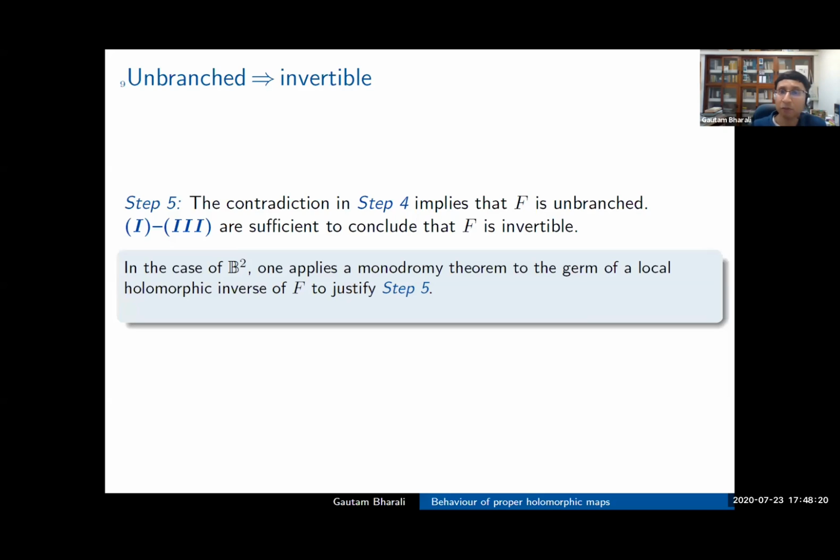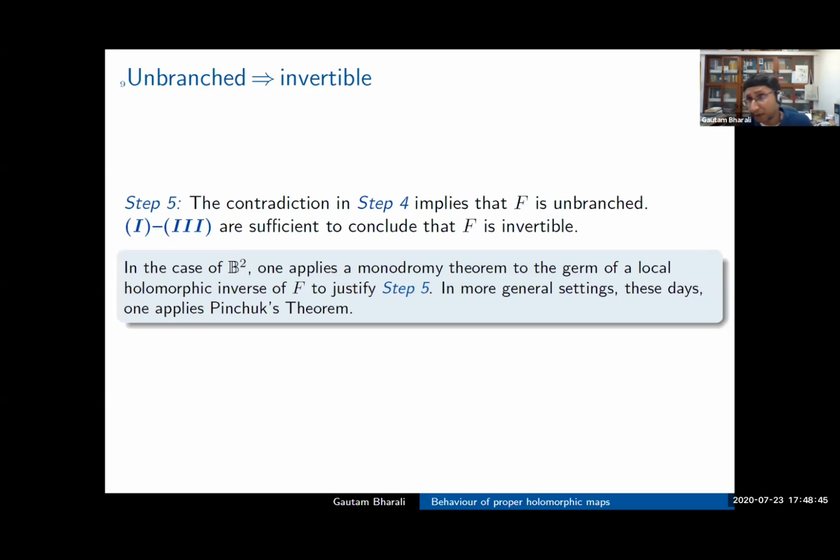One applies a monodromy theorem to the germ of the local holomorphic inverses of f. Because f is unbranched, f will have at each point a local holomorphic inverse, and one just applies a monodromy principle. Things are not so easy in greater generality,